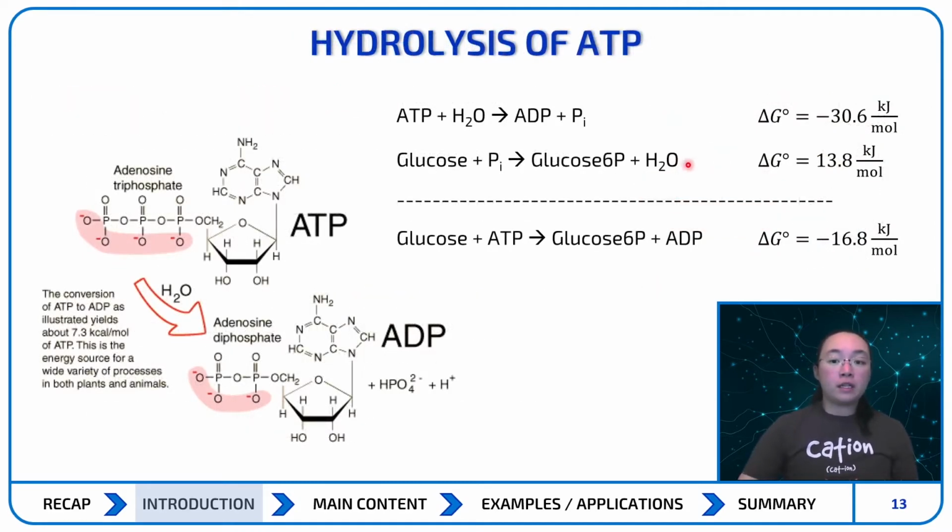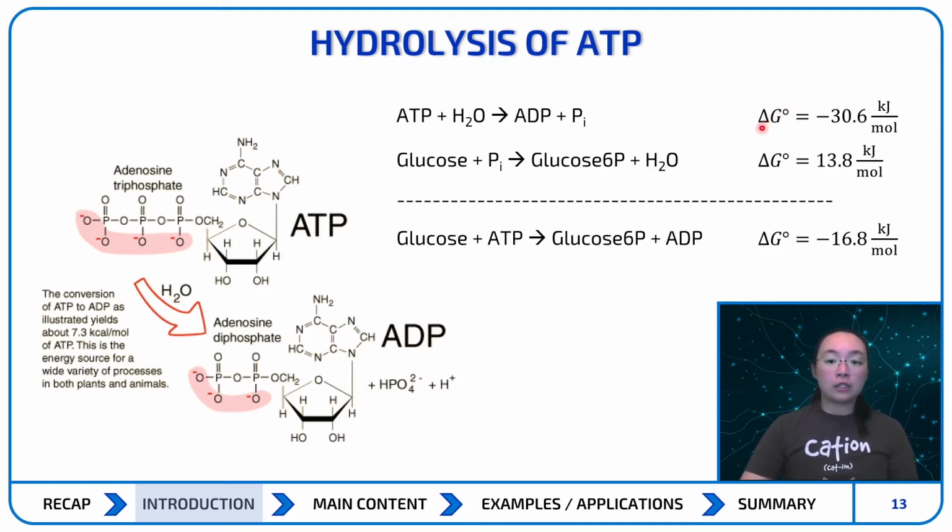Here we explain the energetics of ATP hydrolysis. We can represent this using a change in Gibbs free energy, which we learned previously in the Thermodynamics chapter. Gibbs free energy can be thought of as the maximum amount of work obtained from a reaction. So it's very important and useful when it comes to quantifying the energy within chemical reactions. If we have a degree sign over here, it just means that we're looking at the change in Gibbs free